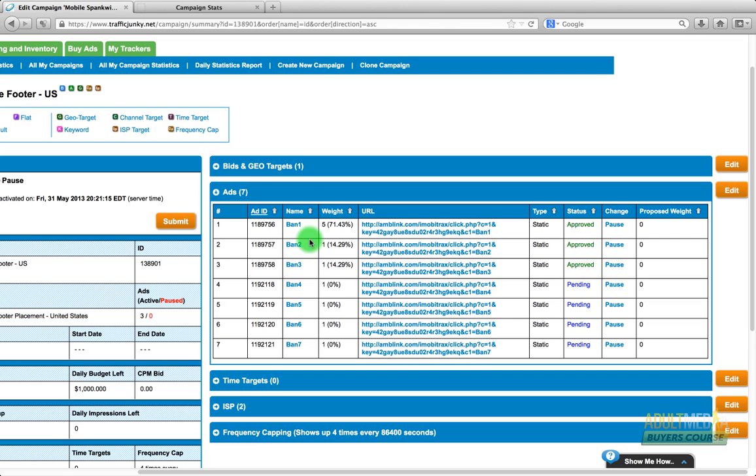Okay, so for this example, since we only have 3 banners approved, let's just say we had 3 banners running, and banner 1 was the one that was actually doing the best, okay? So what we would want to do is make sure banner 1 gets the majority of traffic. We would pause banner 2 and 3, upload two new fresh banners, let's say. Let's just say these are two brand new banners, okay? And then we would set it so these 2 new banners would only get a certain percent of the traffic